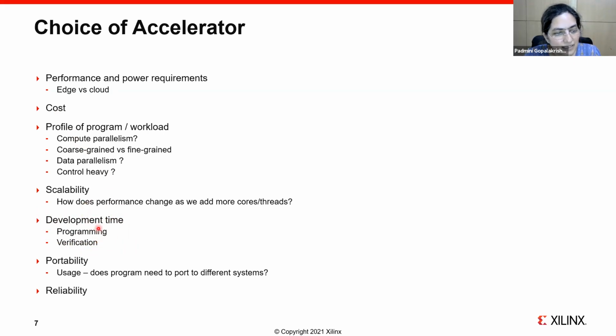So yeah, then the final constraint which one looks at is portability. And this may or may not apply. So typically this applies when people want to release something in the public domain for wide usage. So there you might want to think, right? Can my application be written in such a way that it can port easily to any kind of heterogeneous system? So can I write it in such a way that if somebody has a multi-core processor, they can run it. If they are able to plug in an FPGA accelerator, they can run it. Or if they have a GPU, they can run it.